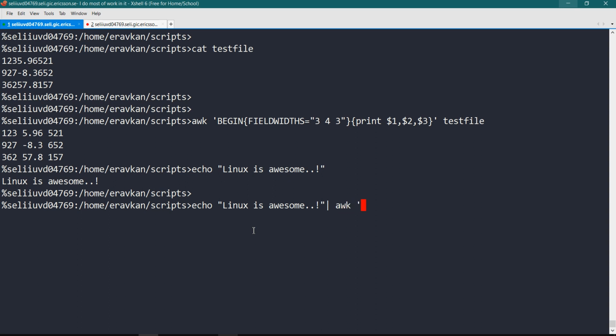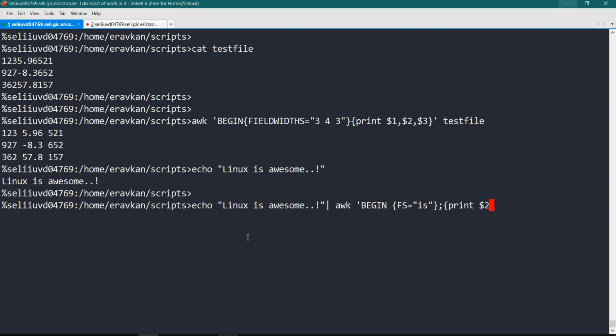awk BEGIN, then I can specify FS as my field separator. "is" is my field separator. Then I want to print $2.